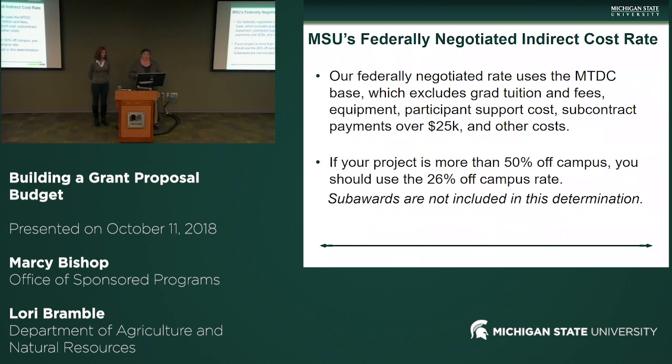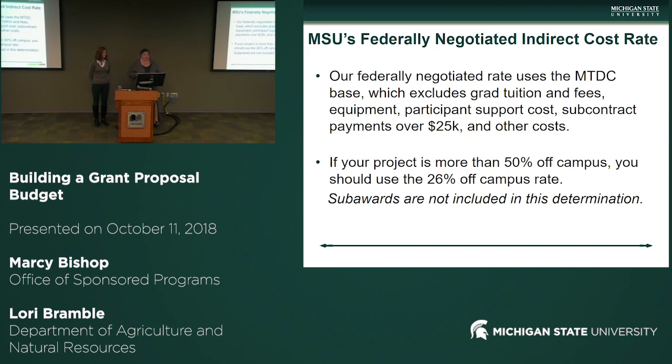The equipment one is a big one, and that's why we really need good budget justification from you on your equipment, because a lot of times people will try to cut their budgets a little bit by not having F&A charged on equipment. And so we check that really carefully to make sure, okay, are you buying one big computer that's over $5,000? Or are you buying 5 small desktops? There's a big difference there. Those are not considered equipment.